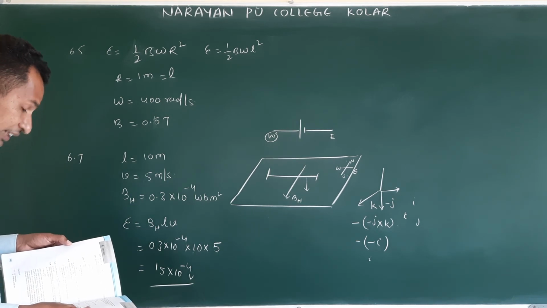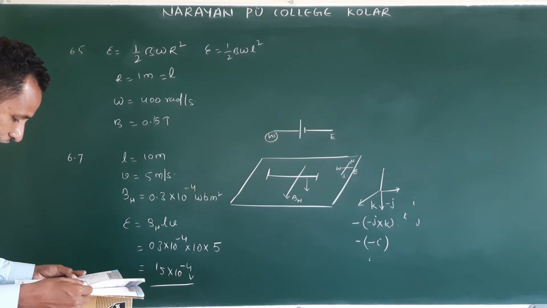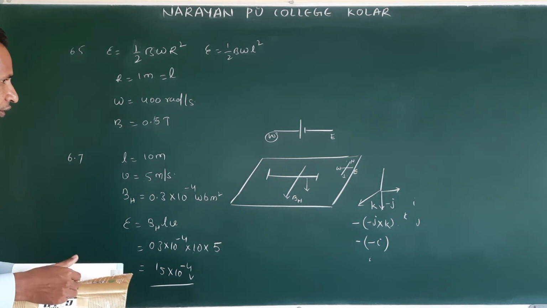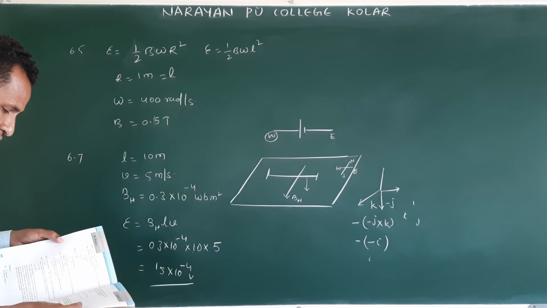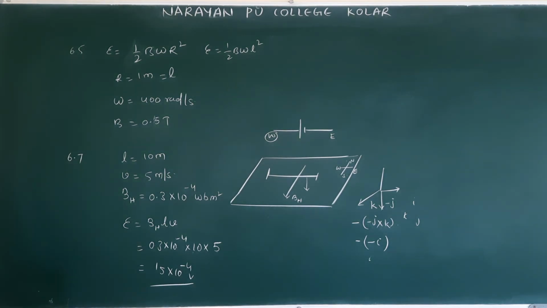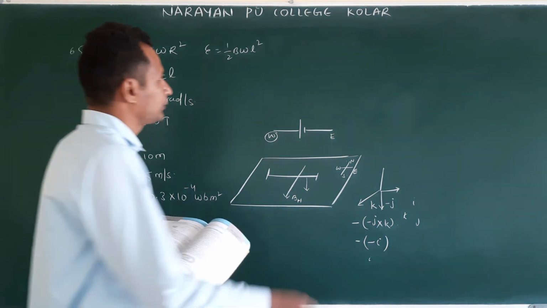They mentioned the eastern end. Which end of the wire is at the higher electrical potential? The eastern end is mentioned. The direction west to east is okay. They mentioned the eastern end, so how will it be? I will check and give the answer. But the first and second are both correct. Next, come to 6.6.